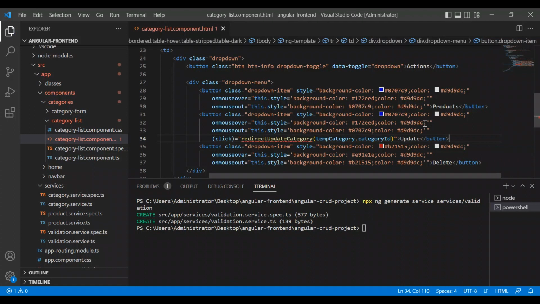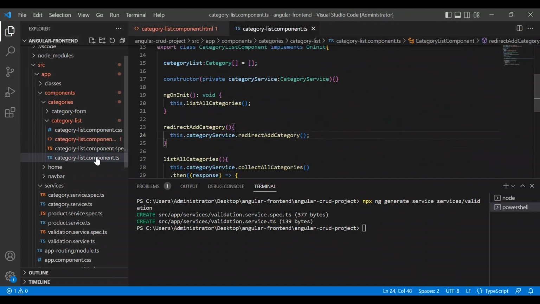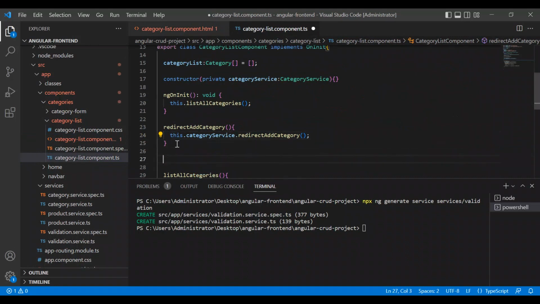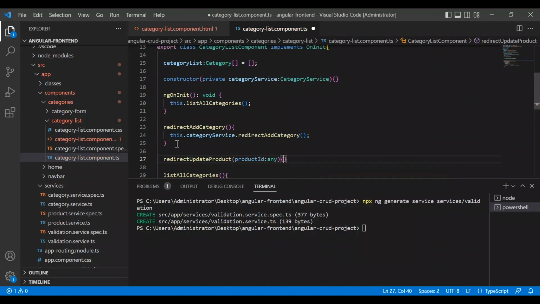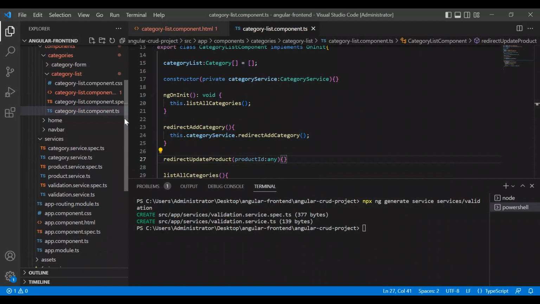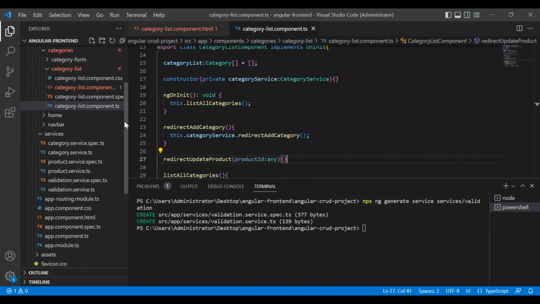And we will have an error because we need to define this function also in the category list component .ts, redirect update product, and we will have product ID, which will be any. It will be an empty function for now, and we can create this function in the category service. But before that,